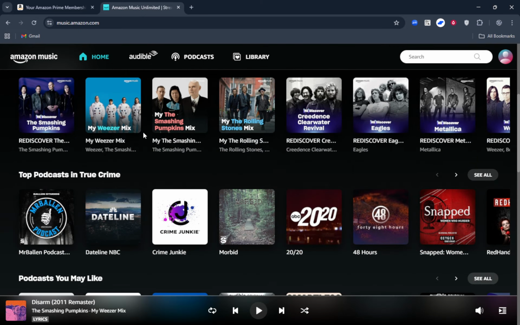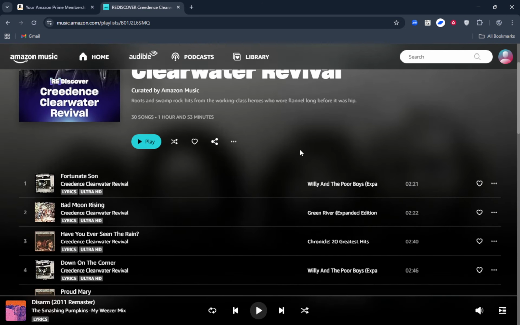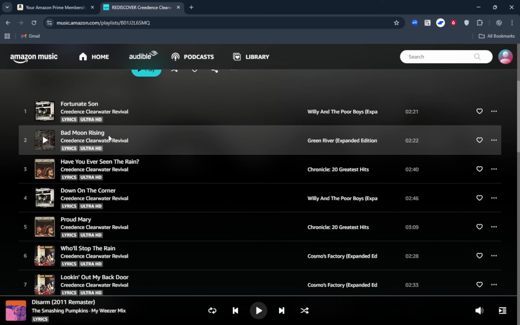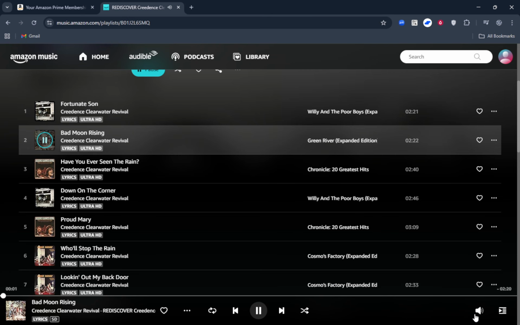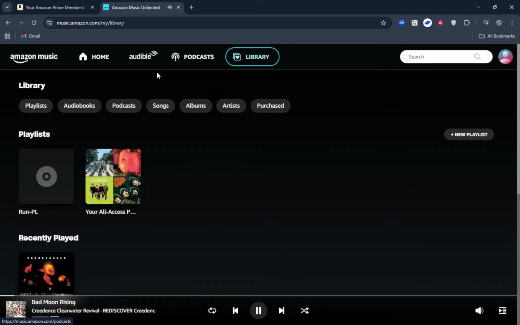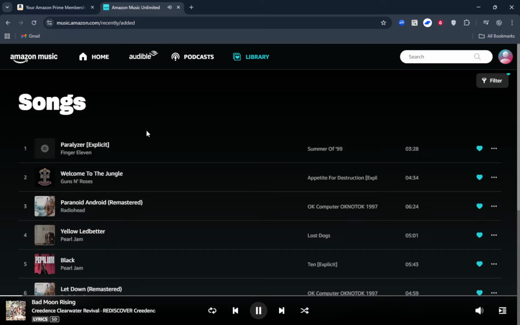Once you have the app installed, you can stream music normally just like on mobile. And if your account includes Prime or Amazon Music Unlimited, you can also download songs for offline listening right inside the app. Offline content is stored within the Amazon Music application, so it's available when your PC is offline and won't appear as separate audio files elsewhere on your computer. Keep in mind that offline downloads depend on your plan and content availability. If something isn't eligible, it will show as streaming only.